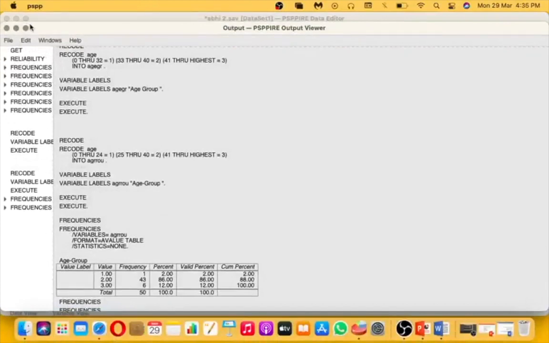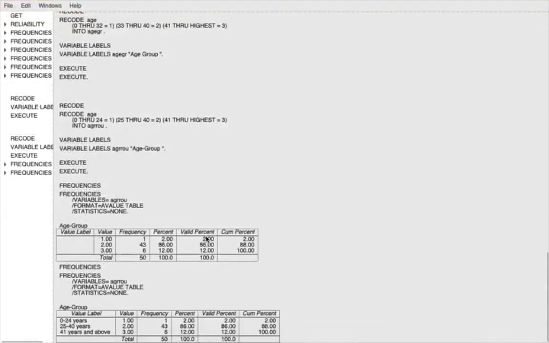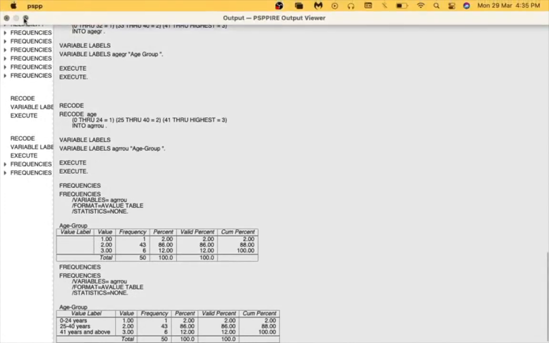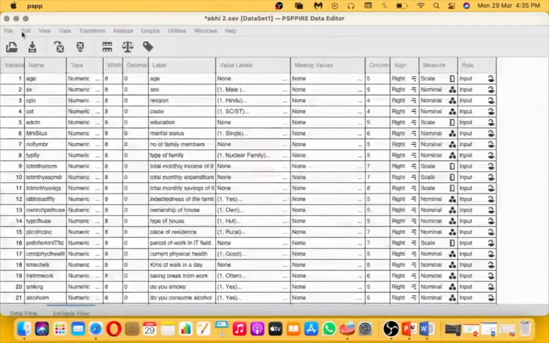Any doubts? Sir, what is that C1% in the last column, sir? It is a cumulative percentage, like you keep adding, 86 plus 2, 88 and 88 plus 12, that one. CF you would have studied in college. This one. Okay. Anything else? But you do not have to add that, just add a frequency percent, that is enough. Any doubts before we move on?